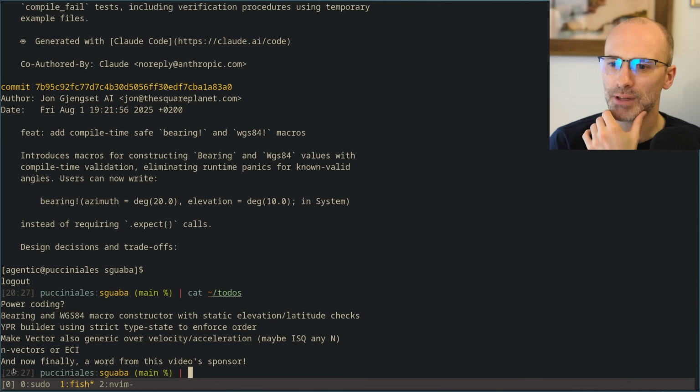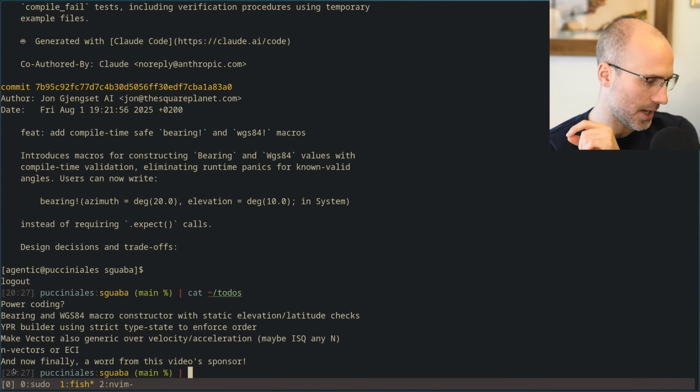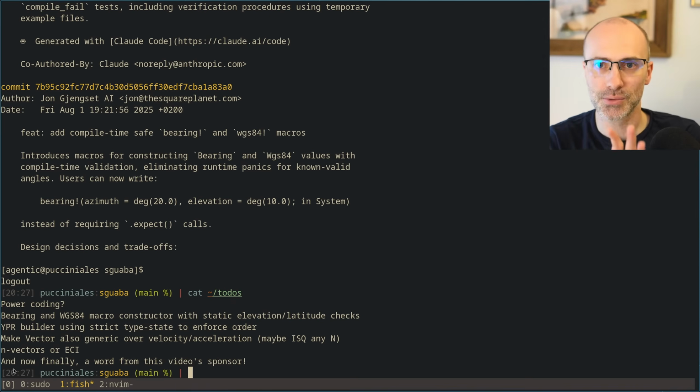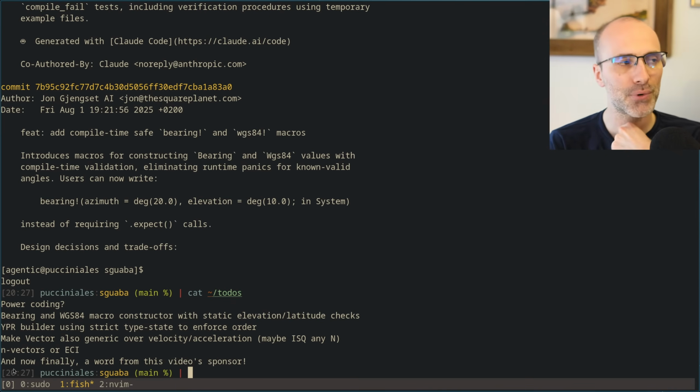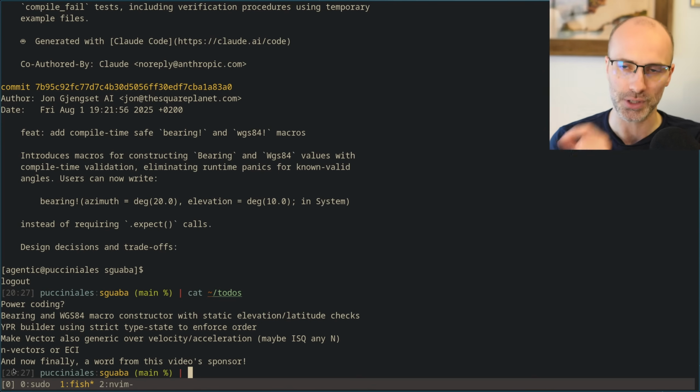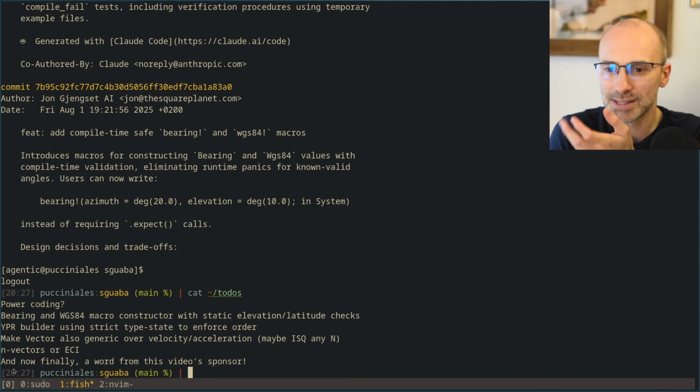I bet you couldn't write the same level of docs and tests that it wrote as fast and as deep in the same amount of time. Yeah, as I pointed out, I think I would have written fewer tests than it did. I think that's true. And so in that sense, it was a good use. For the docs, I actually think it wrote more words than I would have written. But I don't think it wrote more content than I would have included. But that is a little bit of speculation.